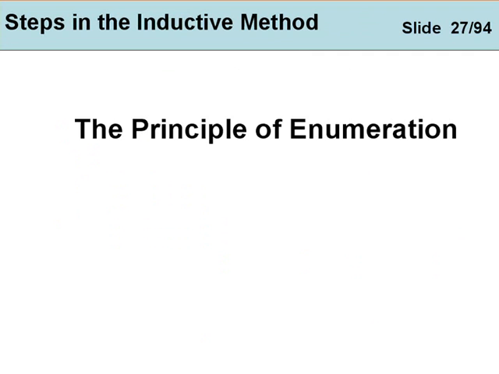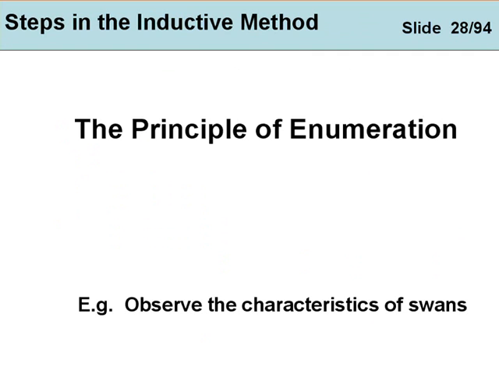I suppose the most basic principle here is the principle of enumeration. This means we can count up the observations. We can observe something, and if we can observe it many times, and the same thing happens every time, we start to have confidence. Every time it happens, something else happens, therefore. So what we do is we make observations. For example, let's just move away from economics for our example. Let's just say we observe the characteristics of swans, swans being a famous example in philosophy.